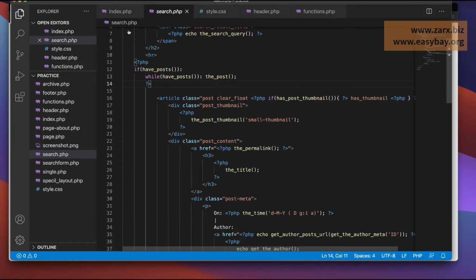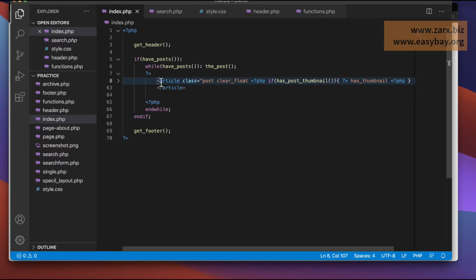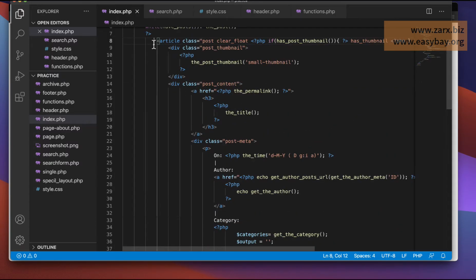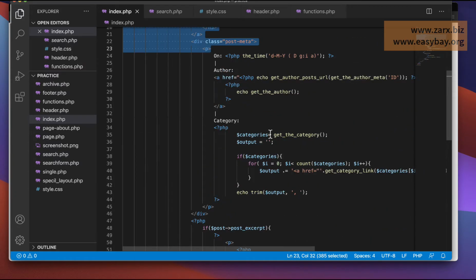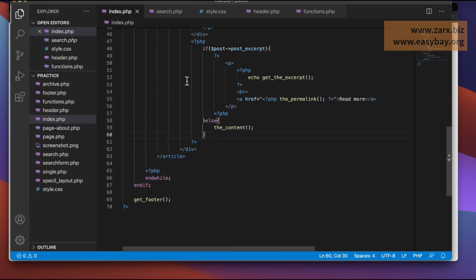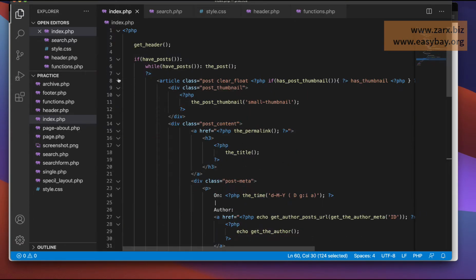In index.php, what we need to do here is take the similar code that we have out. So here I'm going to pick this article. If I look here in the article, we have the post thumbnail, and then we are checking the post content, then we have the meta tags where we show author and categories, and then we have the excerpt and content, right? So we can just cut this from here,